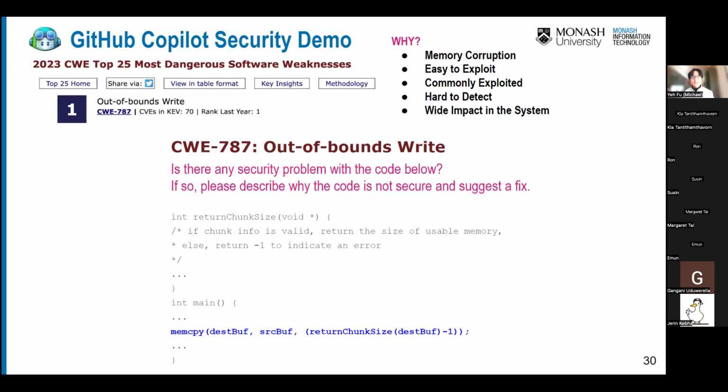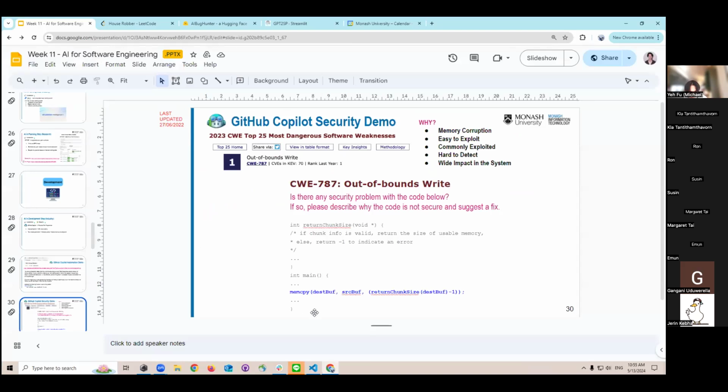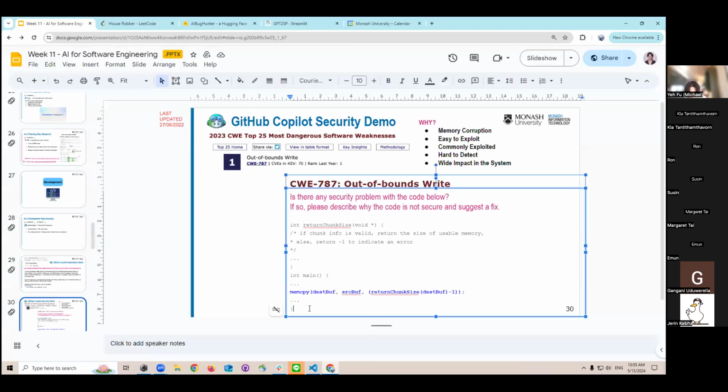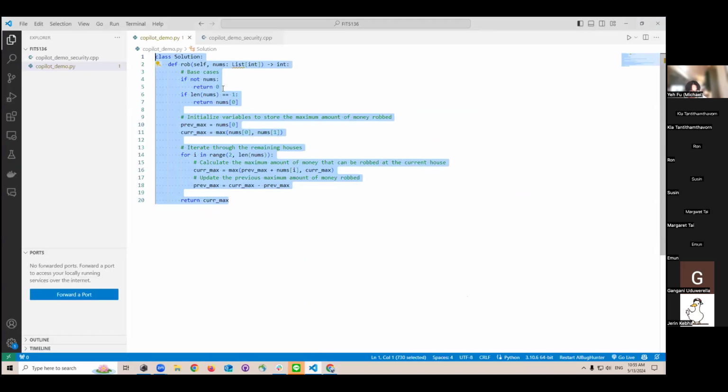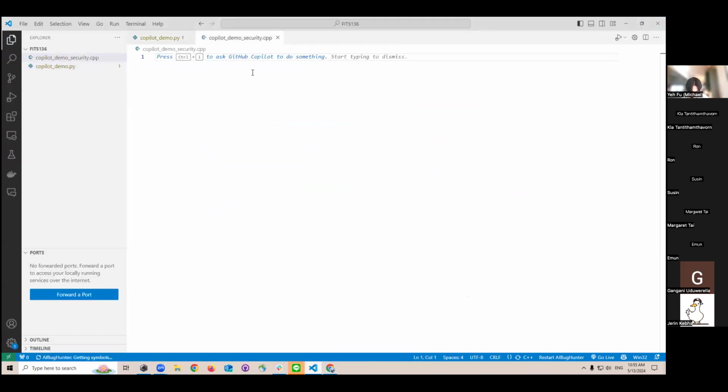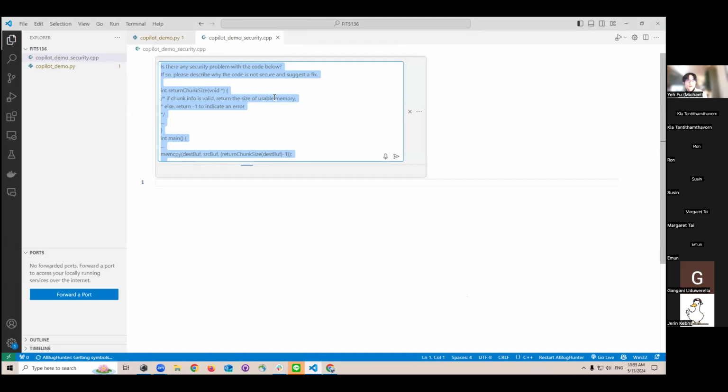So it will lead to a buffer overflow if the chunk size is, for example, a negative value, and the system could crash. So we're going to paste this into another C++ file, and we're going to ask Copilot this security question.